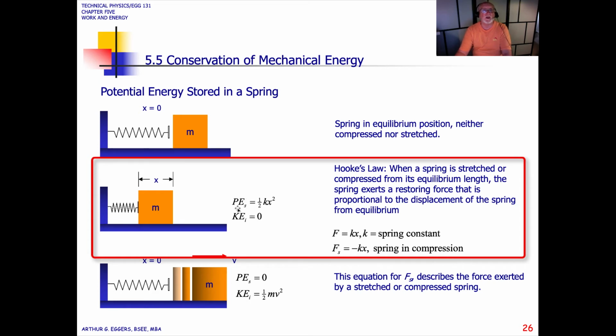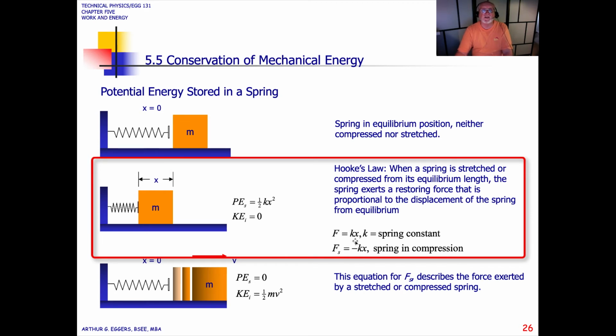So you can see here we can use our relationships for potential and kinetic energy to try to solve some of these relationships. You'll notice now our relationship for potential energy in a spring, the little s, is 1/2 k x squared, where k is our spring constant. The spring constant is based upon the metallurgy of the spring itself, the spring tension, if you will, or the tensile strength of the spring